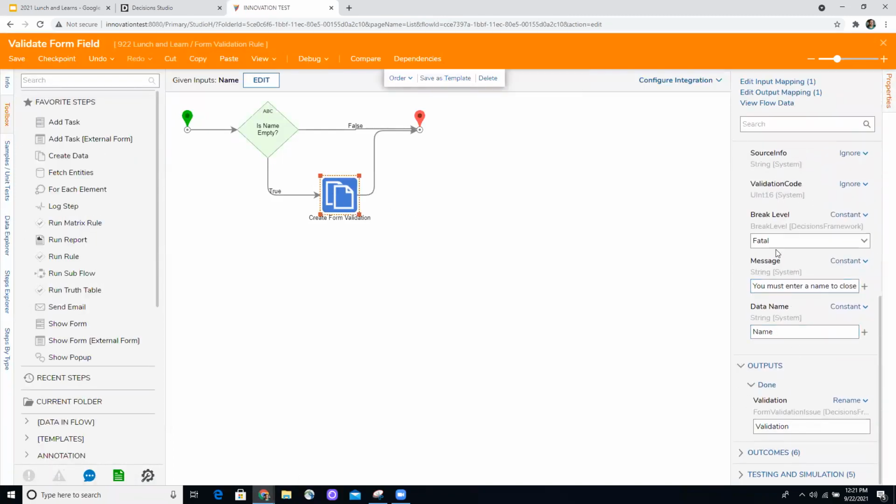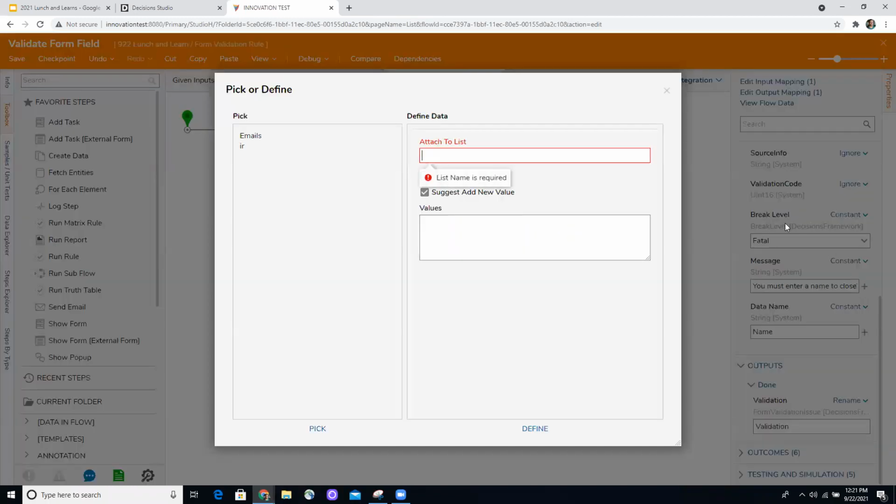This is where I declared a constant. There you see the message? Yes. And in the data name, you have another one. What are those pluses for? Because when you click on it, a window opens, at least in mine, exactly this. I don't know how to use this. So, this is a good question. I've never seen this or noticed it.